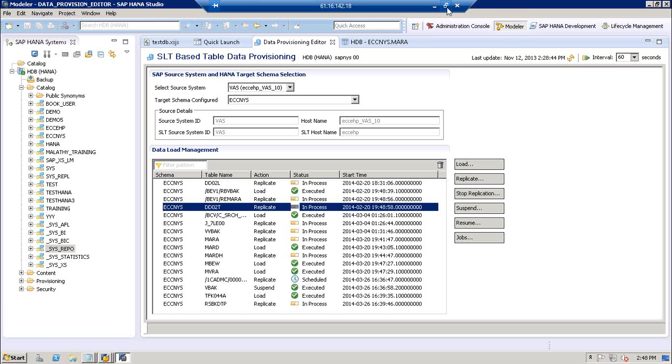So if you have an architecture where you want to set up the SLT server on a separate box, which is the recommended way, you can set it up. You need to activate the DMIS add-on component on top of the ABAP stack. There is an ABAP add-on which needs to be activated in the switch framework in SPRO configuration, and from there you can activate it. Once you activate it, your connection will become HANA Studio to SLT as a DB connection, and SLT to ECC as an RFC connection.